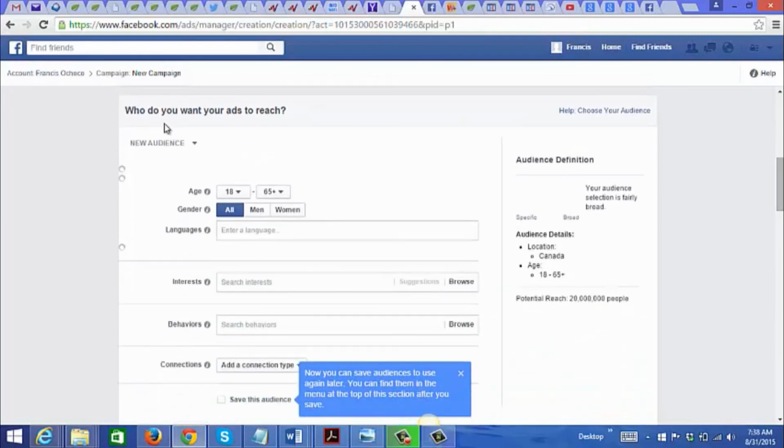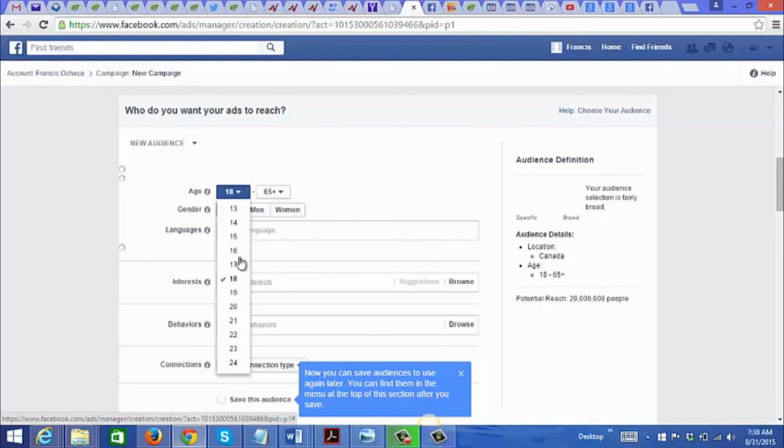Okay, so who do you want your ads to reach? The age. So if you remember from the audience insights, the age range of the group was between 25, I believe, and 54.